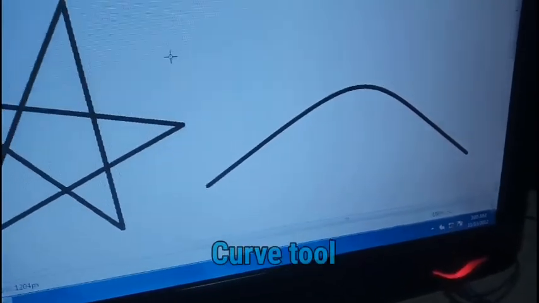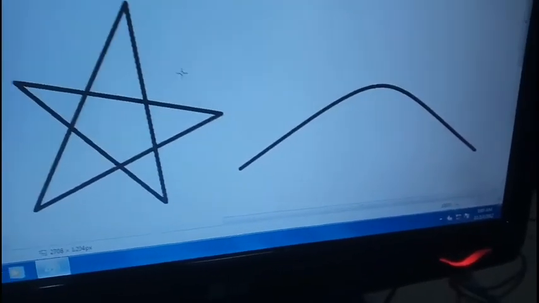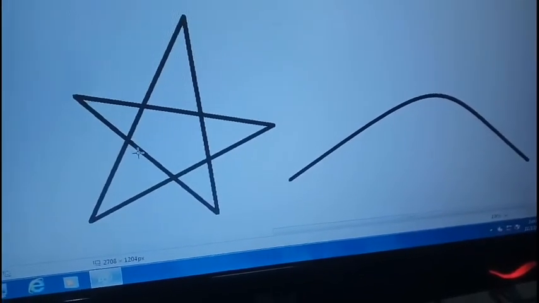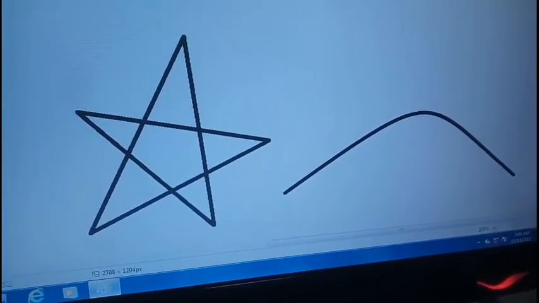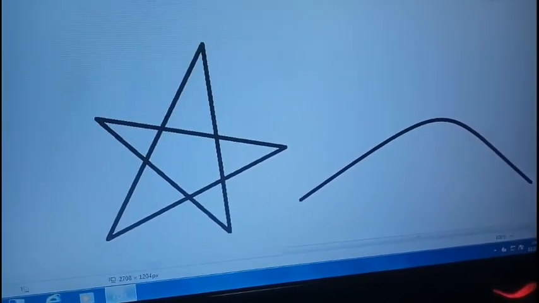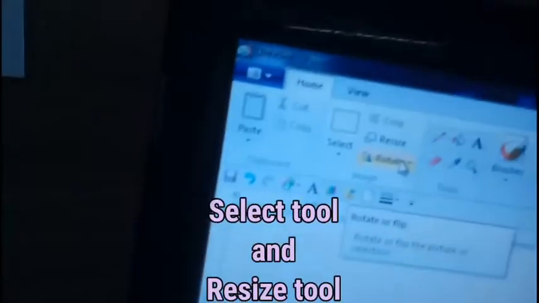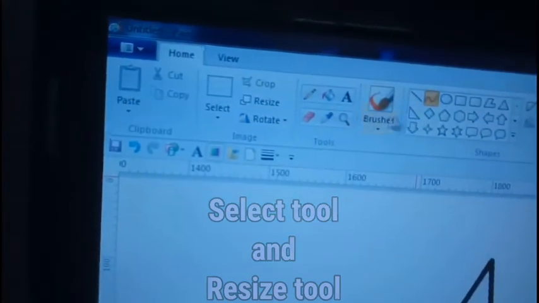Now, here is a mountain and here is a star, but the star is so big. Can I make the star smaller? Yes, I can. I have to resize it. But to resize it, first I have to select it. So here is the select button.